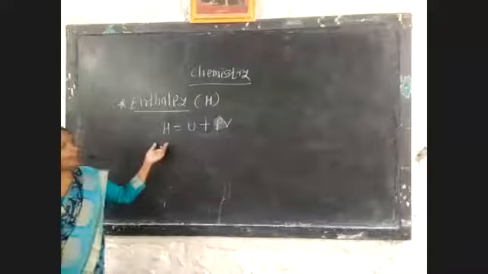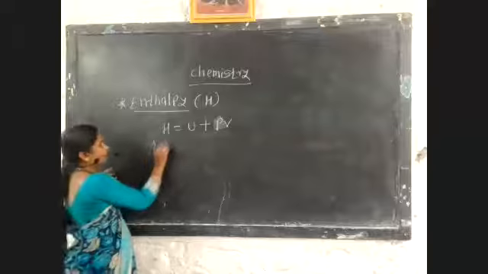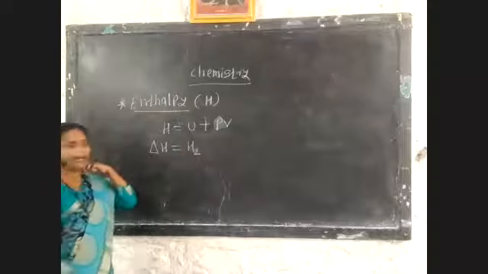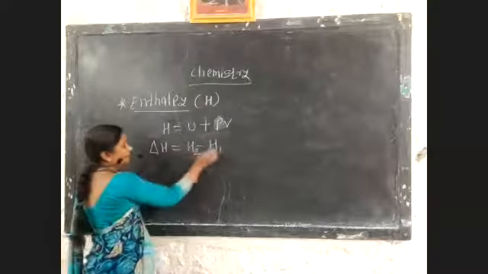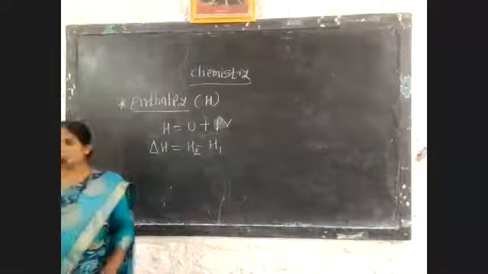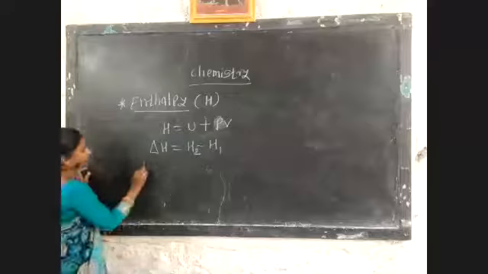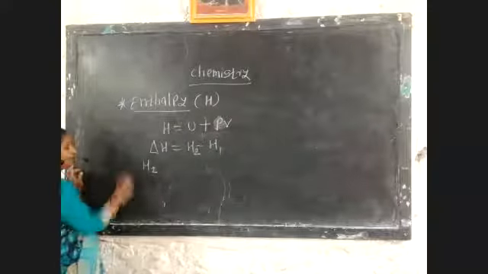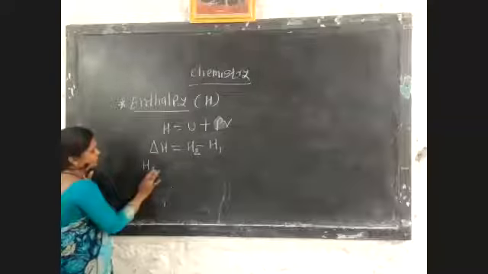This enthalpy is also a state function. Therefore, change in enthalpy equals H2 minus H1, that is, final enthalpy minus initial enthalpy. आपण याच्यासाठी इक्वेशन तयार करू. If initial enthalpy is H1 and final enthalpy is H2, then H1 equals,